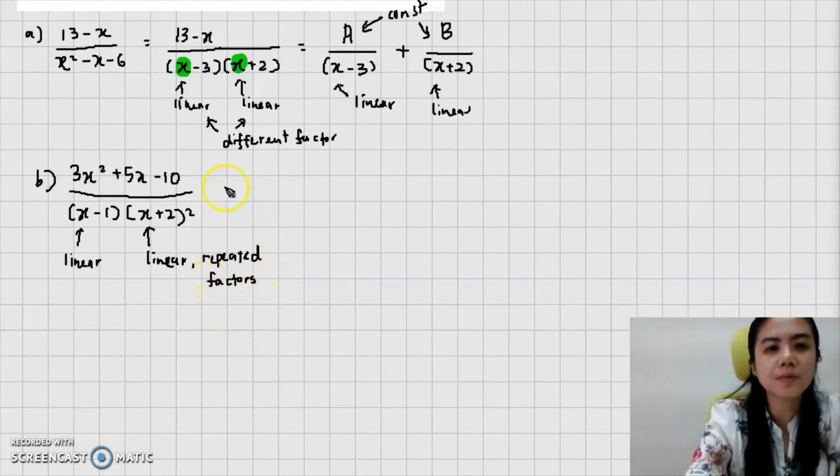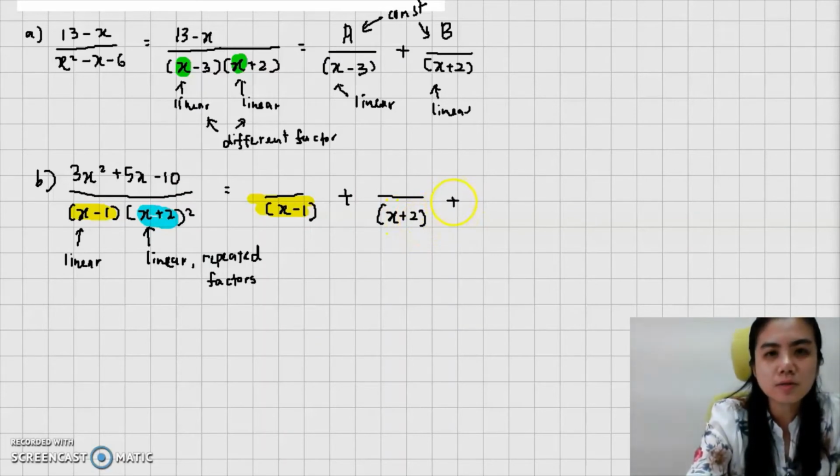When you have repeated factors, first of all, just split each factor to become one denominator. So in here you will have x minus 1, it's coming from here. Then you join with a plus, and we have another factor,